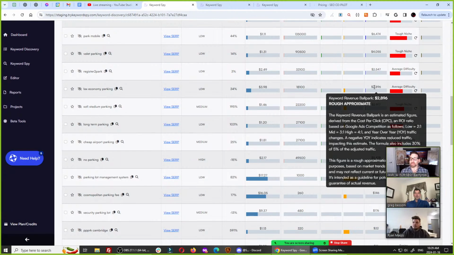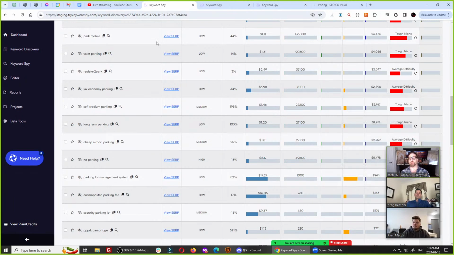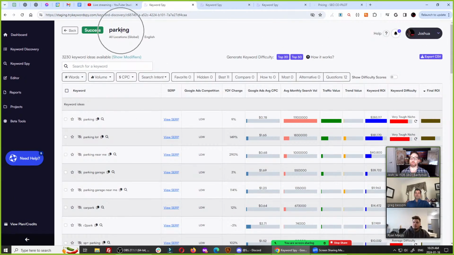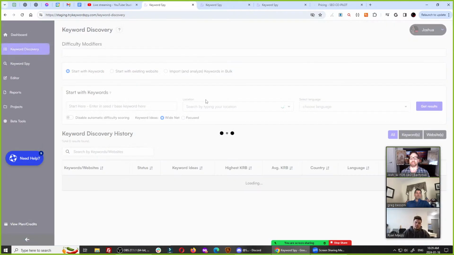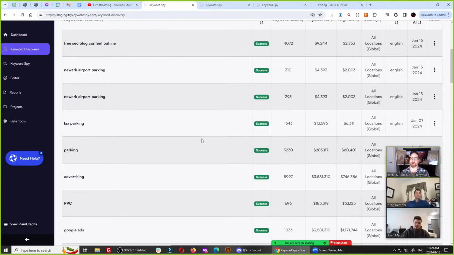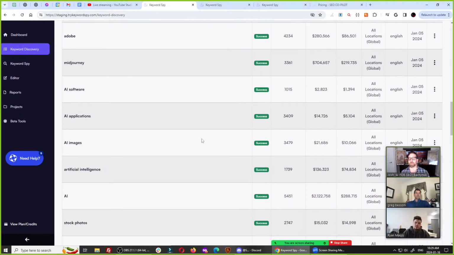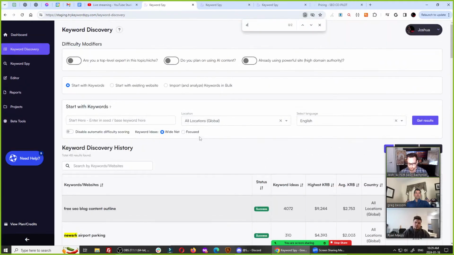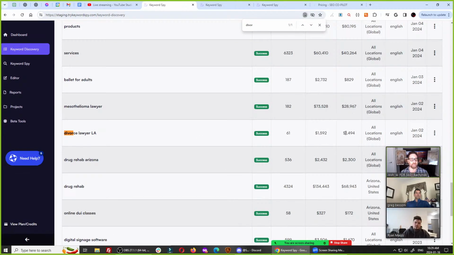Yeah, and the point is that it's more about choosing as an SEO where you want to spend your SEO money. Do you want to go after divorce clients, or do you want to go after parking sites? Do you want to do rank and rent, or do you want to do client SEO? And if your client says, "Hey, I'm a divorce lawyer in LA," okay, you know what kind of money is involved there with the divorce lawyer, right? Not as much as if you have to choose between a divorce lawyer and a mesothelioma lawyer. There's way more money behind this niche than there is behind this niche. And at the end of the day, it's just niches, man.